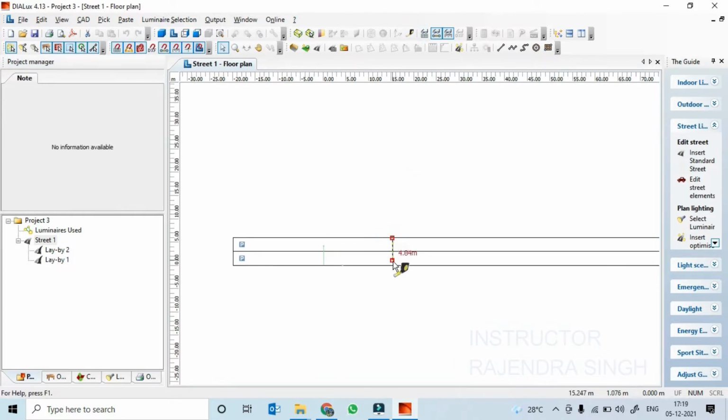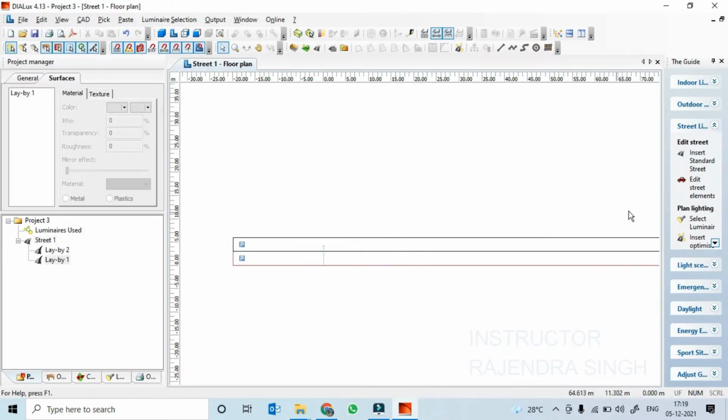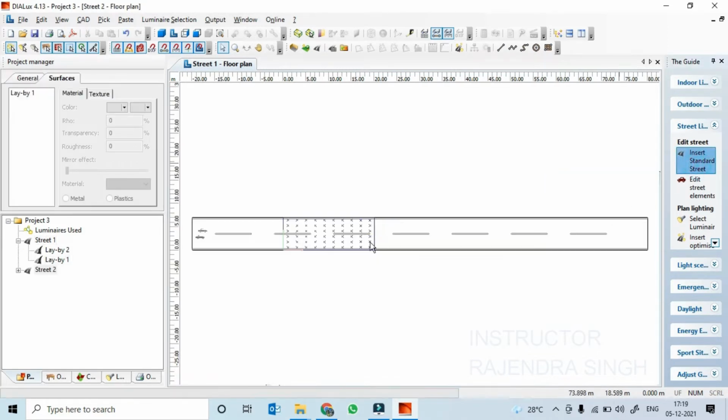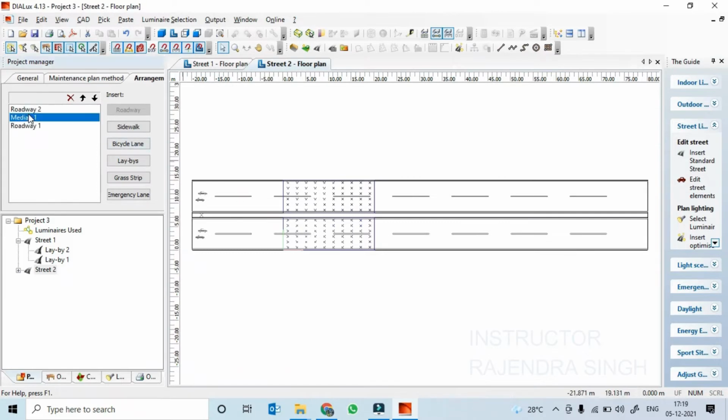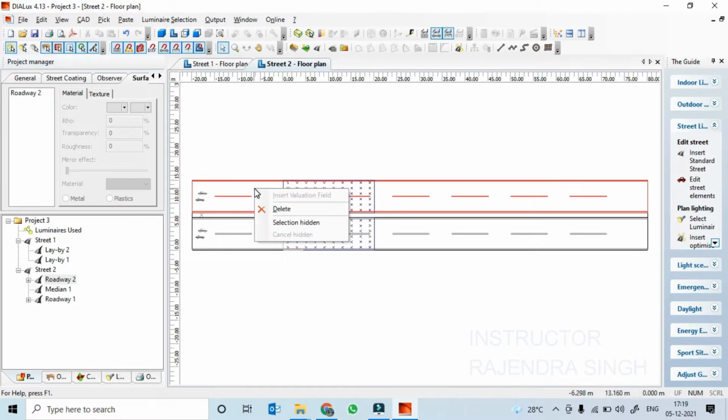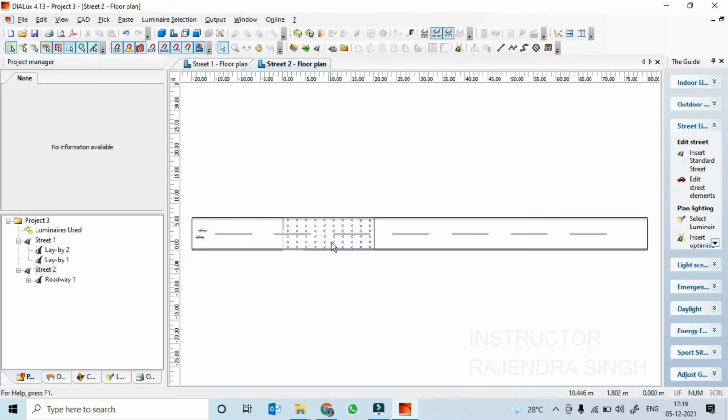So it's 5.43 meter. So standard street. Right, so we'll keep it like this way. Right, so as I said, we'll update it to 5 meters single side.